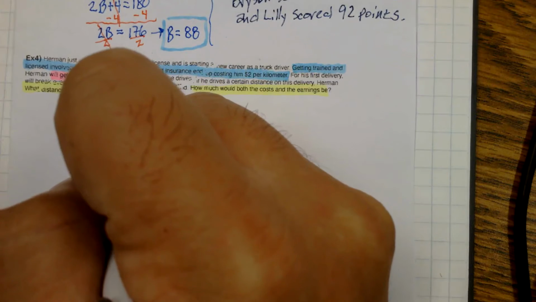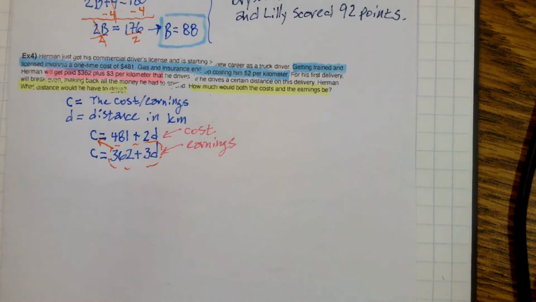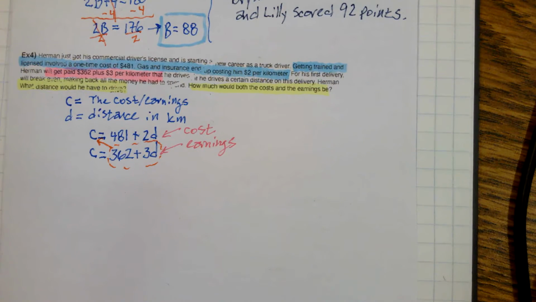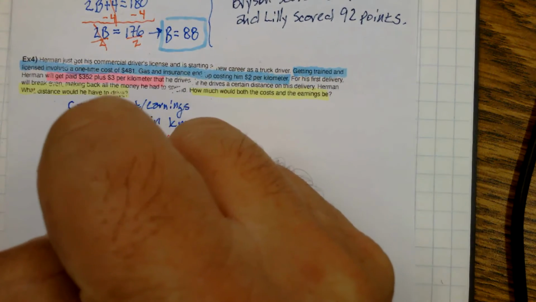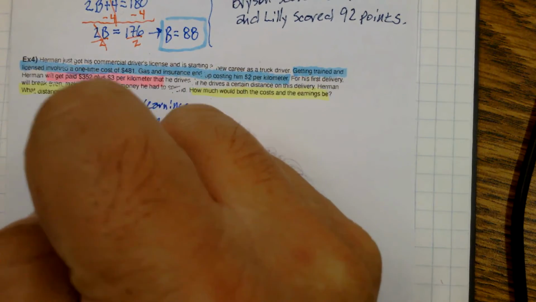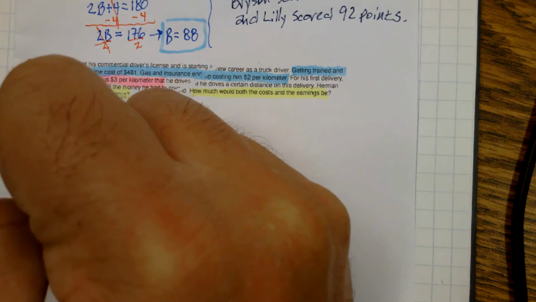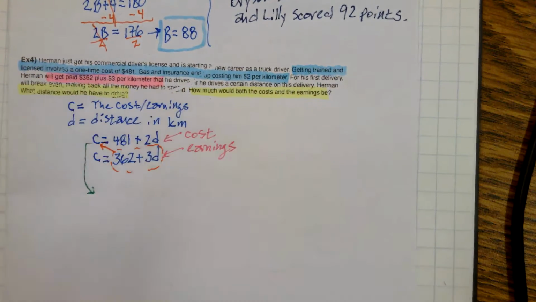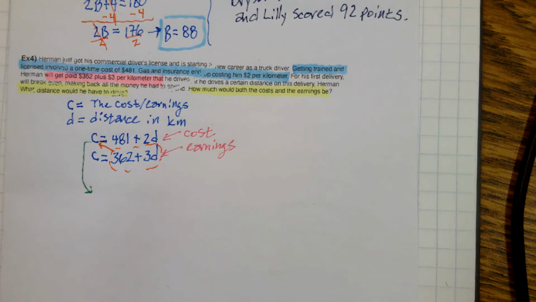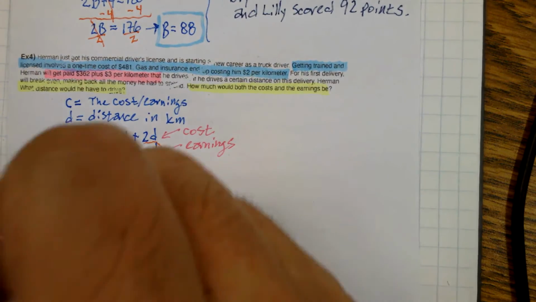and go here to the first equation, and instead of C, put 362 plus 3D in place of that. And I would have an equation with only D's in it. So that's what I'm going to do. I'm going to rewrite the equation. I'm going to rework this. I'm going to take this equation, rewrite it here like this. Instead of C, I'm going to put 362 plus 3D